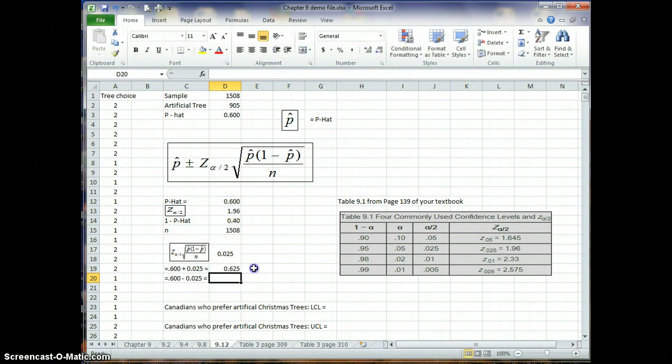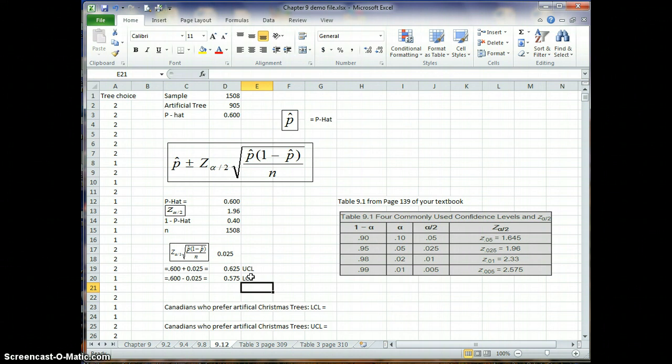Plus, and that gives us the upper confidence level of 0.625, and for the lower, it's equal to the 0.6 minus the rest of it, and that gives us the lower confidence level. So there's a partial answer to it, but now